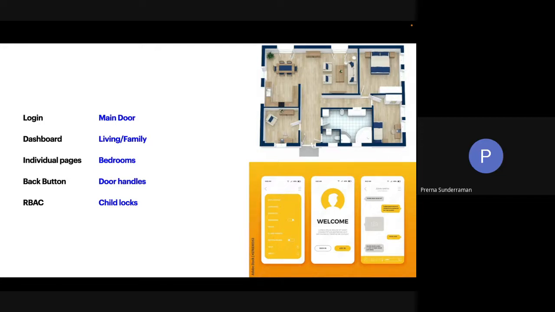So you have maybe the parents, and then the kids who may not be able to use the home like adults, maybe guests, maybe other family members, maybe servicemen who are coming in and servicing some part of the home. So in my head, RBAC is literally: what are those different people and users who use the home, and what is their intent in using the home?